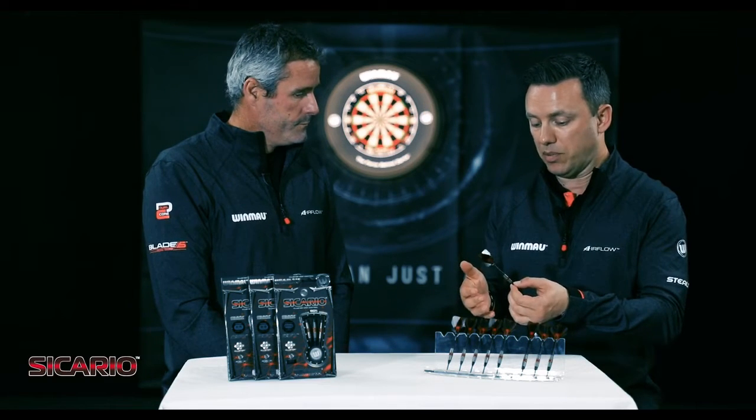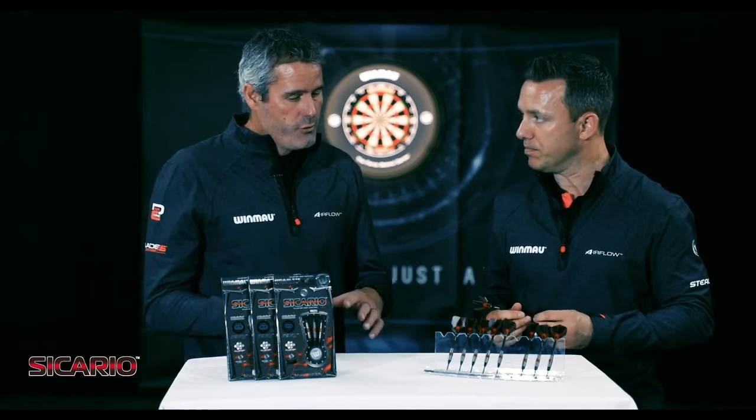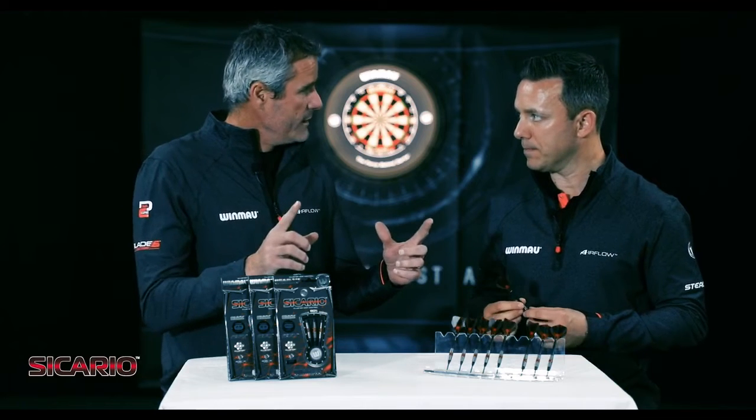And from the steel tip perspective, just throwing normally like I would, having the middle finger on there, it was going in really straight as well. So for you, you would look to the 25 gram, even though you play 20 gram, because the barrel is actually slightly longer? Yeah,